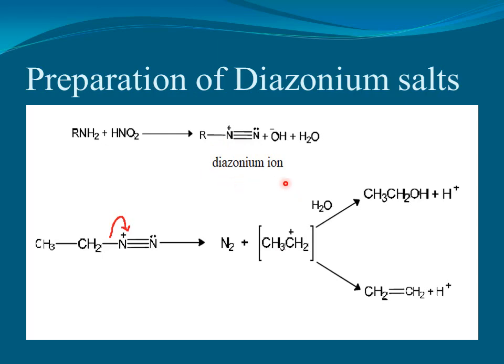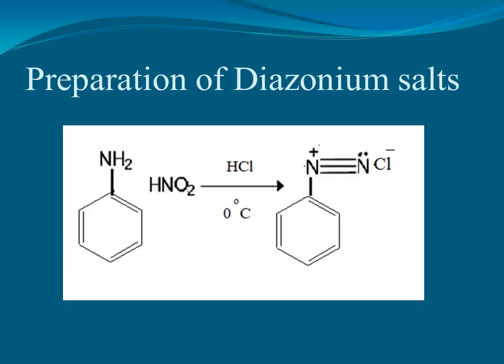Now students, when this diazonium group is attached to a benzene ring, it is somewhat stabilized due to resonance, because this pi system and this lone pair can get involved in the resonance and it can stabilize to some extent as compared to its aliphatic analog. So when this diazonium ion is attached to a benzene ring, it is somewhat stable, but it decomposes readily at 10 degrees Celsius. Students, try to understand the concepts, practice the chemical reactions,